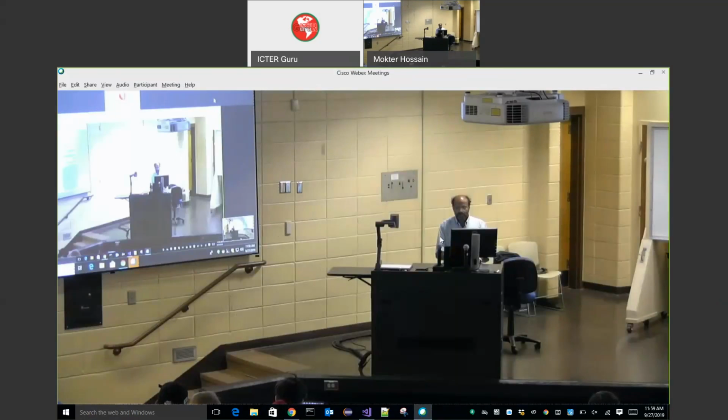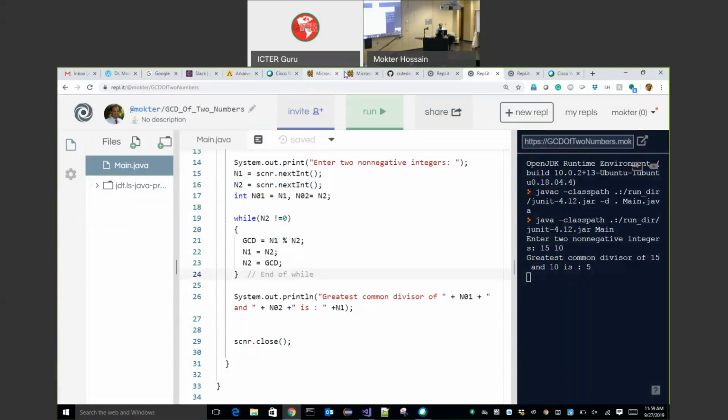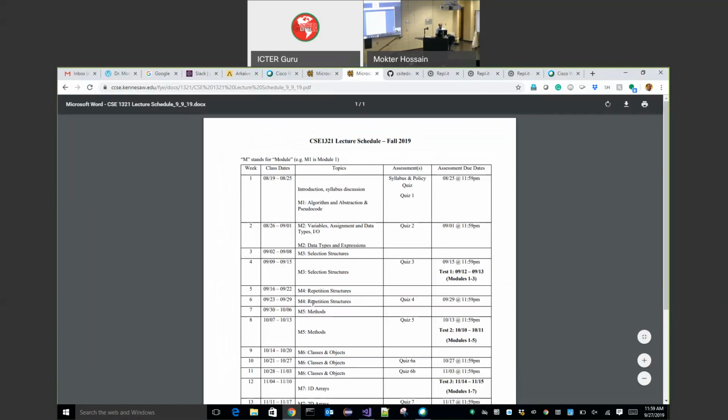Today we discussed some problems that we can solve with selection and repetition structure. By the way, selection and repetition structure work together, so we need to have a clear understanding of selection structure. In our next lecture, from next week, we will learn something more interesting. This is called a method, a function. That is a block of steps. Sometimes we find a block that we can reuse again and again.